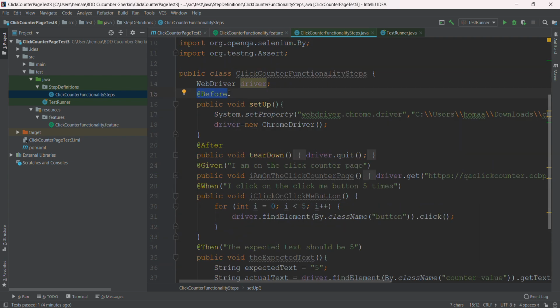Cucumber Java. So I've used a public void setup method, System.setProperty, webdriver.chrome.driver. Here we know that the System.setProperty method is used to find where the executable files are located on the system and to interact with the Chrome browser. So I have created an instance for the Chrome driver equal to new ChromeDriver, and have used the @After method, public void tearDown, driver.quit. The driver.quit method is used to close all the open tabs and windows of that particular